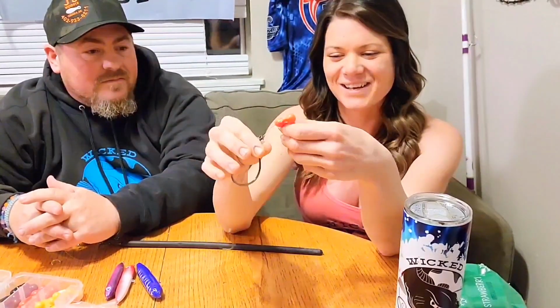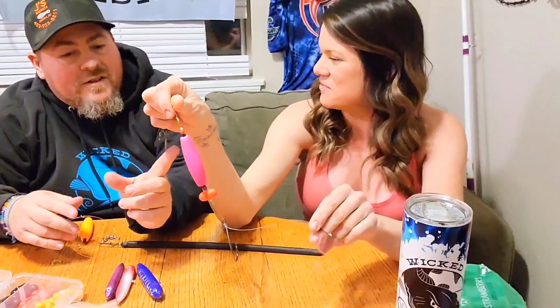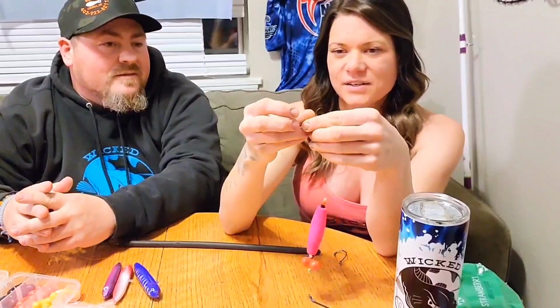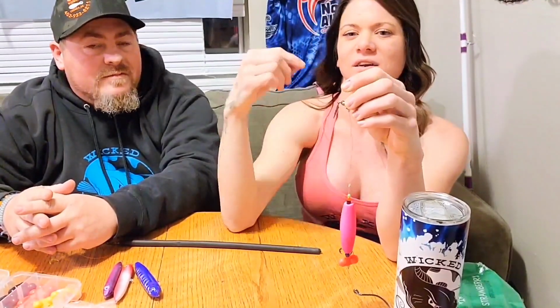But I also like to just catch any fish, so I always like to have my smaller hook on there so I can catch anything at all. And do you just clip the weight to the... I do, so it depends. So I always have a clip on here so I could just switch out my weights depending on, I mean,